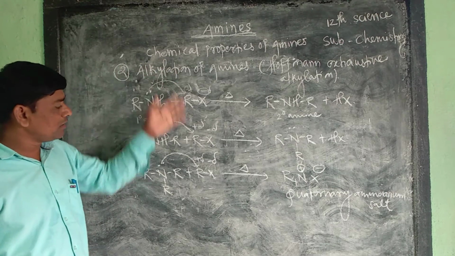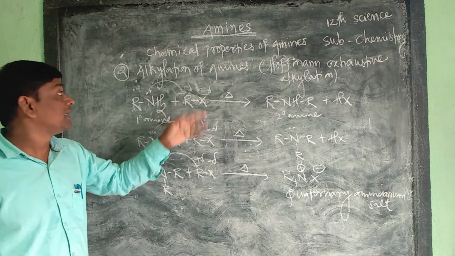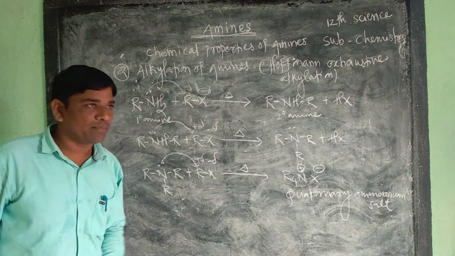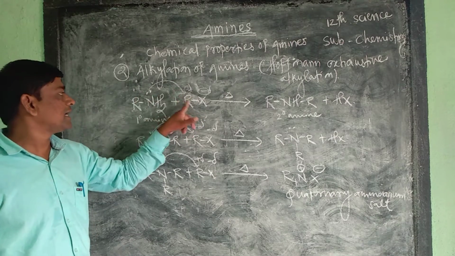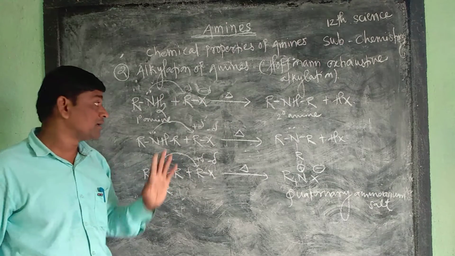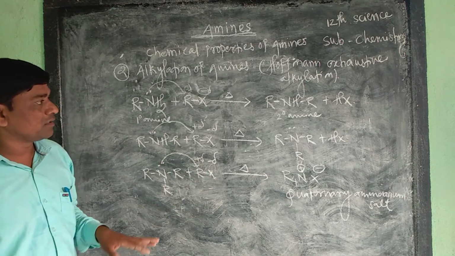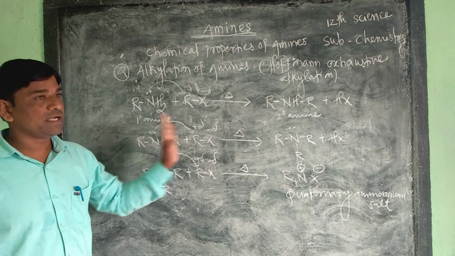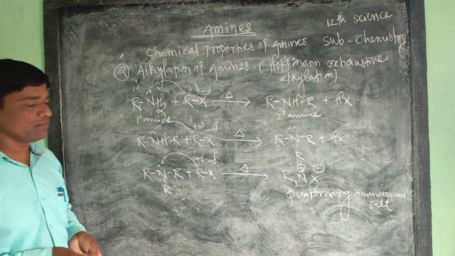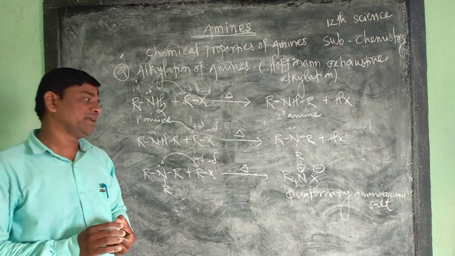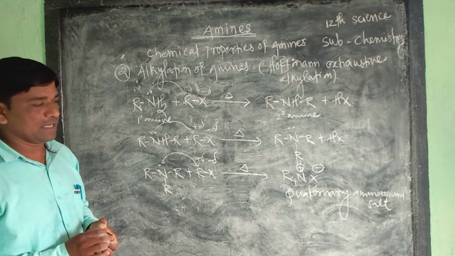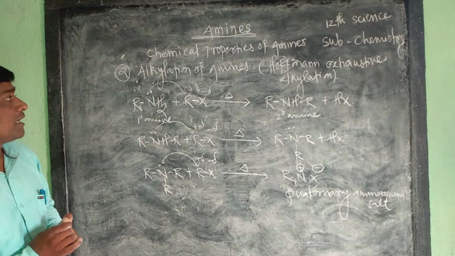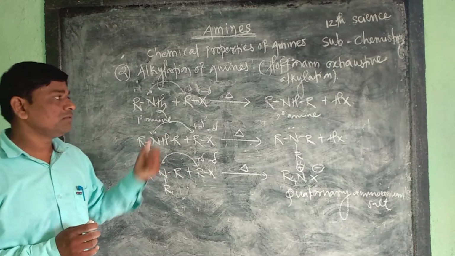That's why in all the steps it reacts with the alkyl group or alkyl halide. That means the reaction is known as alkylation of amines. In this way, we prepare the quaternary ammonium salt from primary amine to secondary amine, to tertiary amine, and tertiary amine to the quaternary ammonium salt. This is known as a tetra-alkyl ammonium halide. Okay. Now these are the general reactions of alkylation of amines. Write down, friends.